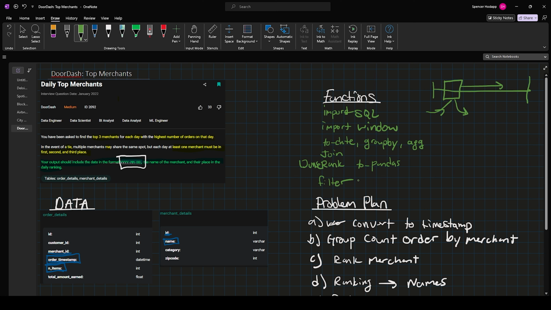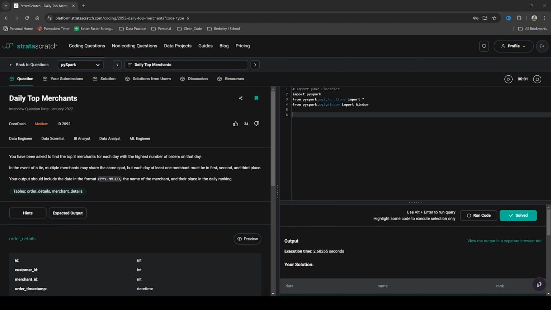Okay, so this basically concludes the workshopping part of this, where we break everything down and figure out what we want. We're going to go ahead and hop back in the code editor, and I'm going to walk through the actual solution code, and then we will wrap this video up. All right, here we are with our wonderful problem set. As you can see, I've already imported the libraries, SQL functions, and the Window for that window function. So let's go ahead now and create our calculated columns from our project plan.